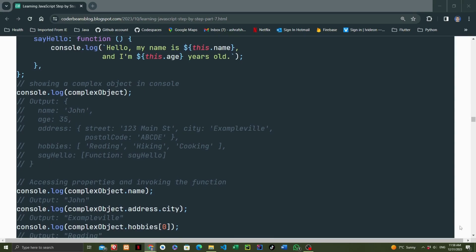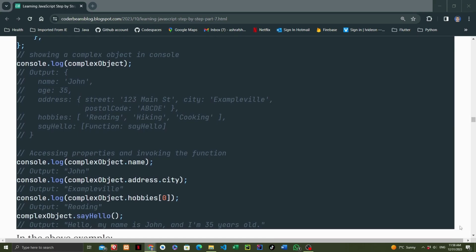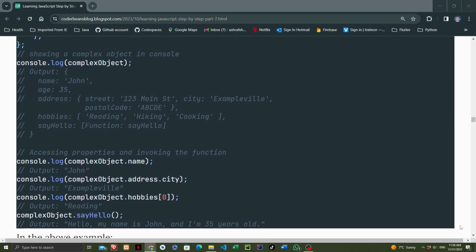// accessing properties and invoking the function: console.log(complexObject.name) will output John. console.log(complexObject.address.city)